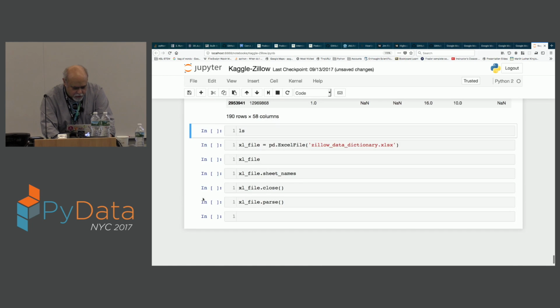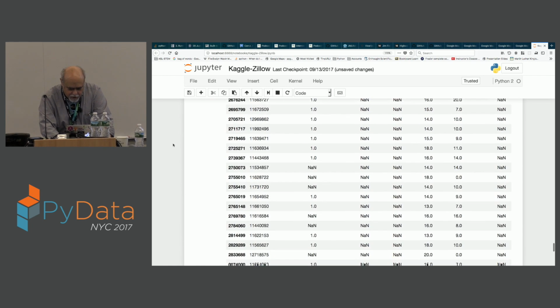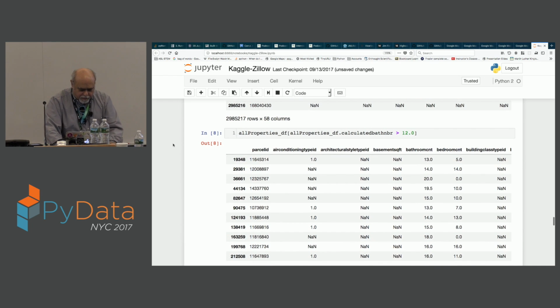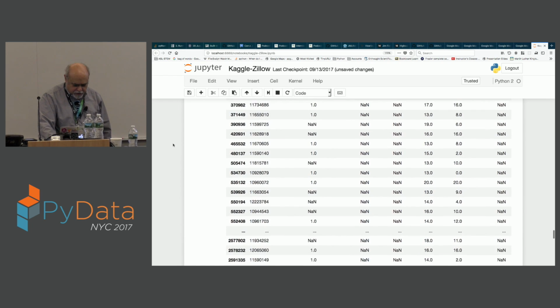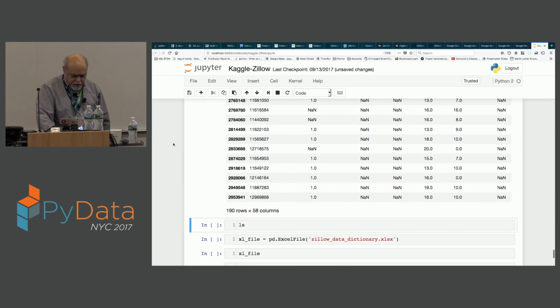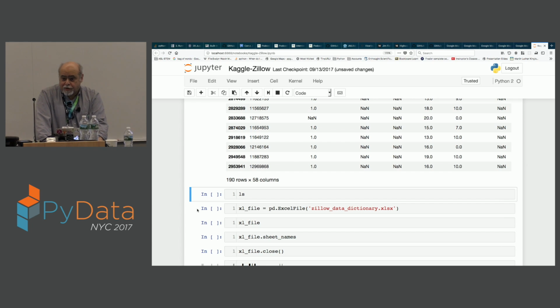And more and more. All right, so right here in their list, there were a fair number of properties, that had more than 190 properties out of the 2 million had more than 12 bathrooms. Might be a motel, you never know. It's a property, right?